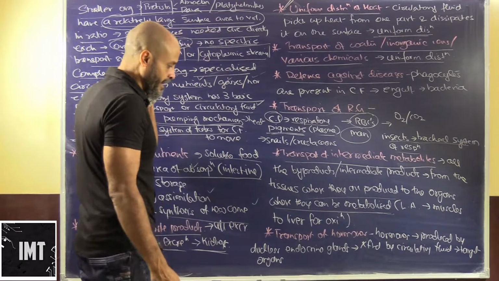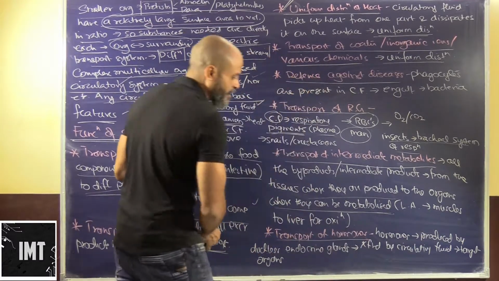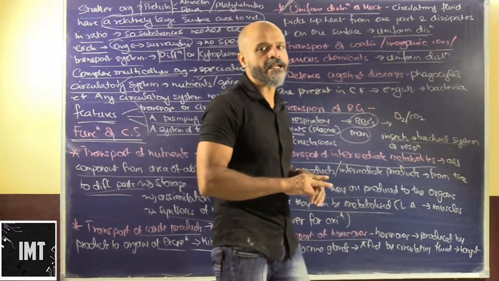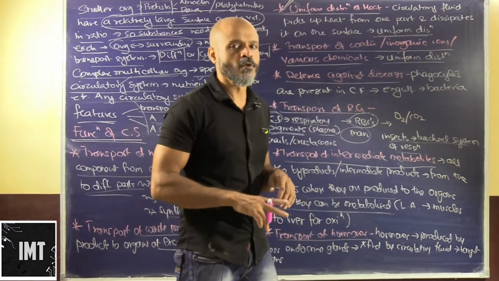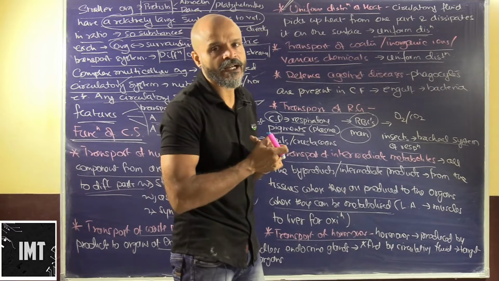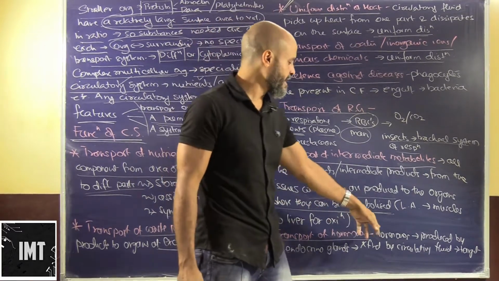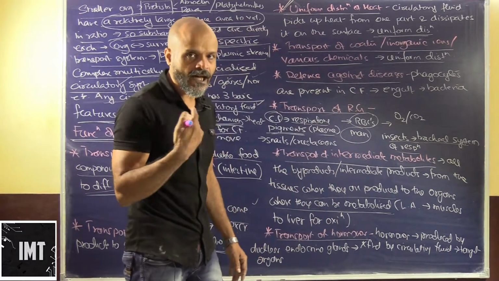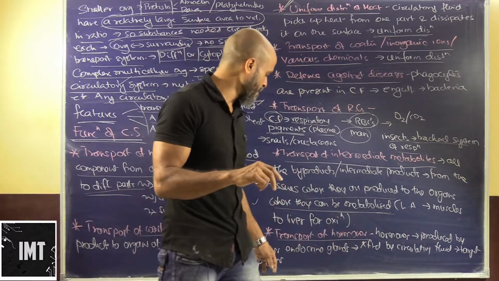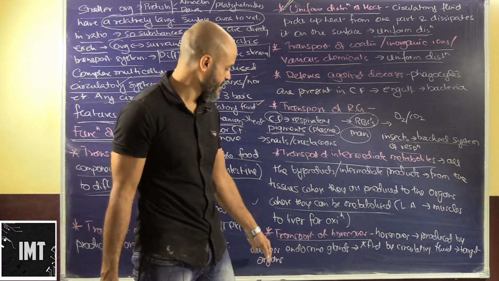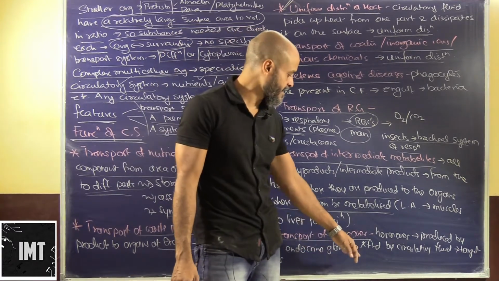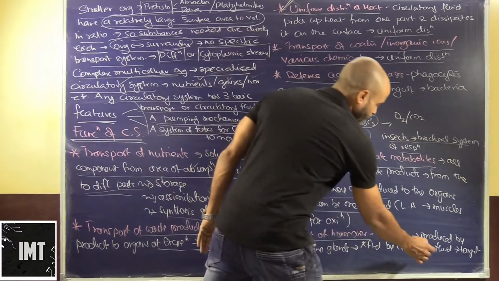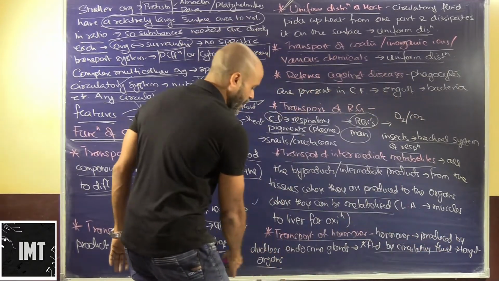Okay, then we have transport of hormones, very important. Hormones are basically the ones which are generating chemical control in our body. So at different ages we have different hormones that are produced, and these hormones need to reach the target organs. We know that in our case most of the hormones are produced by ductless endocrine glands, and they are transported by the circulatory fluid. The circulatory fluid carries them all the way to the target organs.